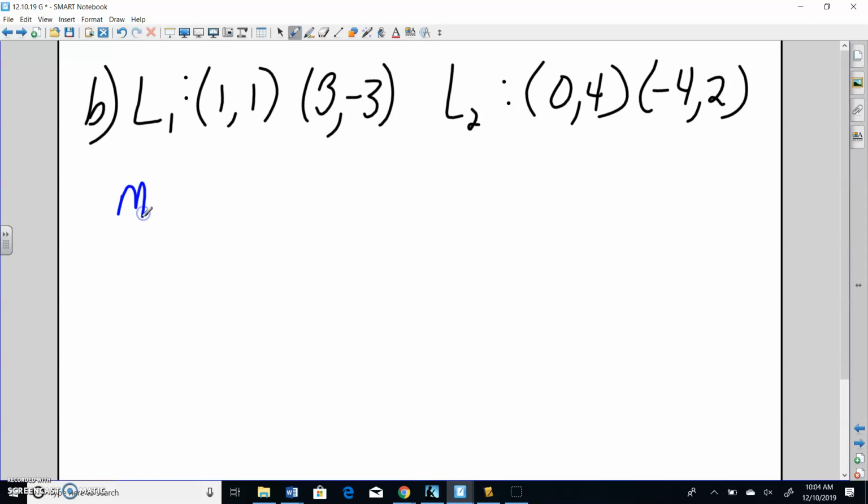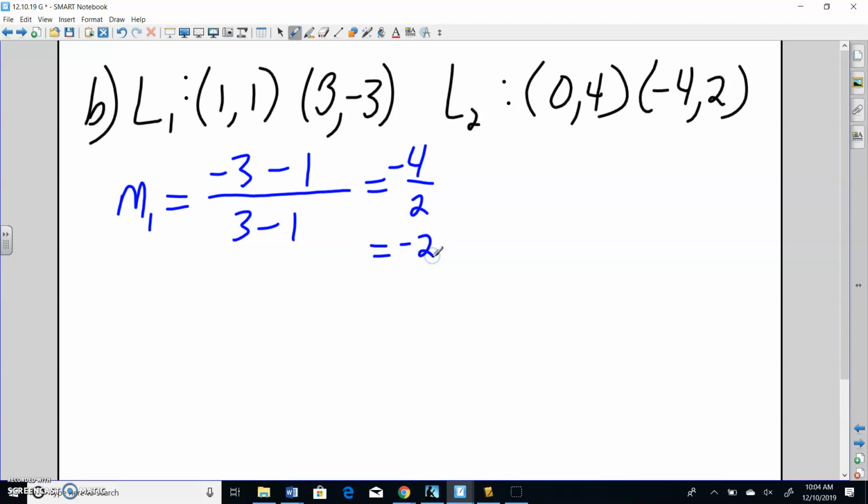For our first line, what are we doing to find the slope? What minus what in the numerator? -3 minus 1, and then what's in the denominator? 3 minus 1. Good. So that gives us a -4 over 2, which is a -2. On the second line, Kara, what are we subtracting on the top? 2 minus 4. What's on the bottom? And that is going to give us,